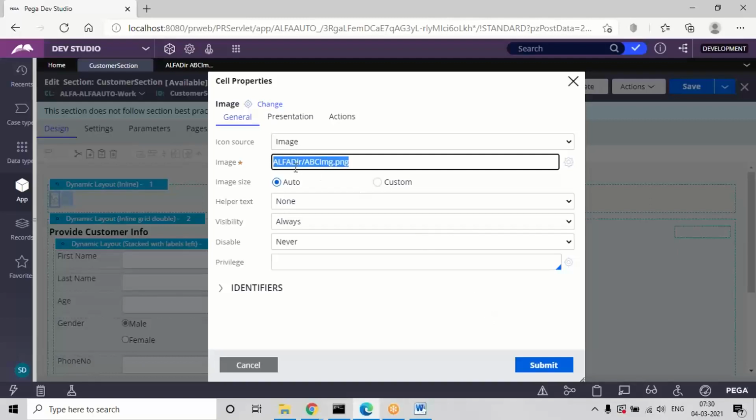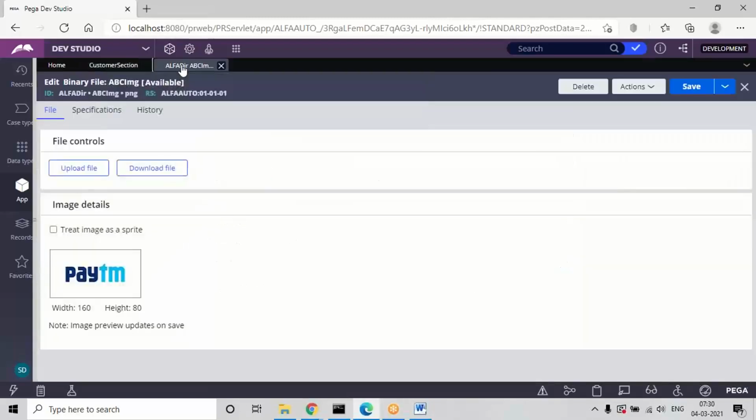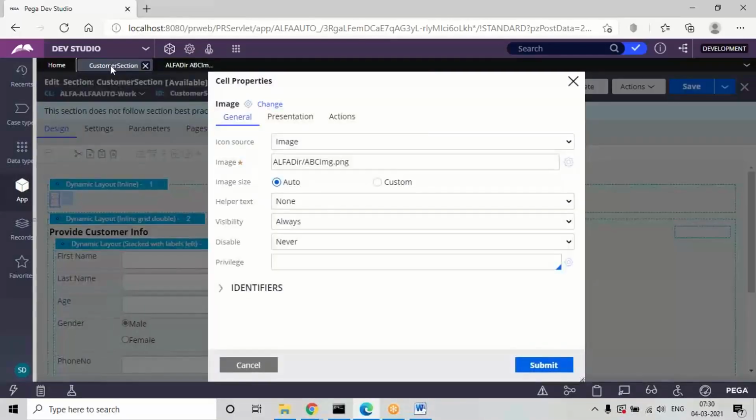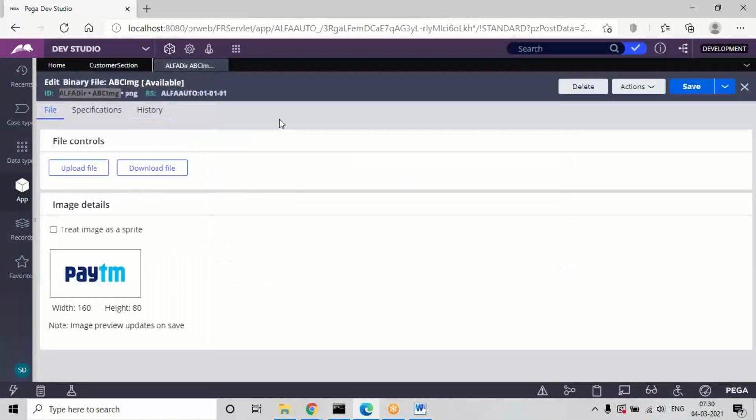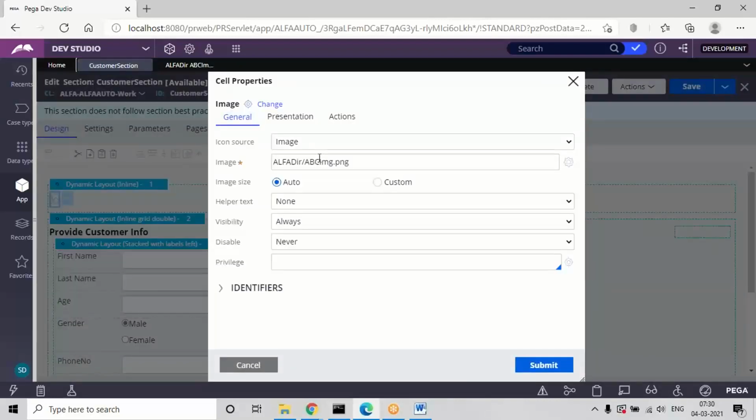We can also give it directly, guys, no issue. Actually this is the directory path and this is the name, right? If you want to give it directly, you can, but make sure the format is correct. Here the dot is there; if you miss anything, it will not load perfectly. That's why we will select from the control settings again. If you forget these slashes and give anything wrong, it will not load that image correctly.